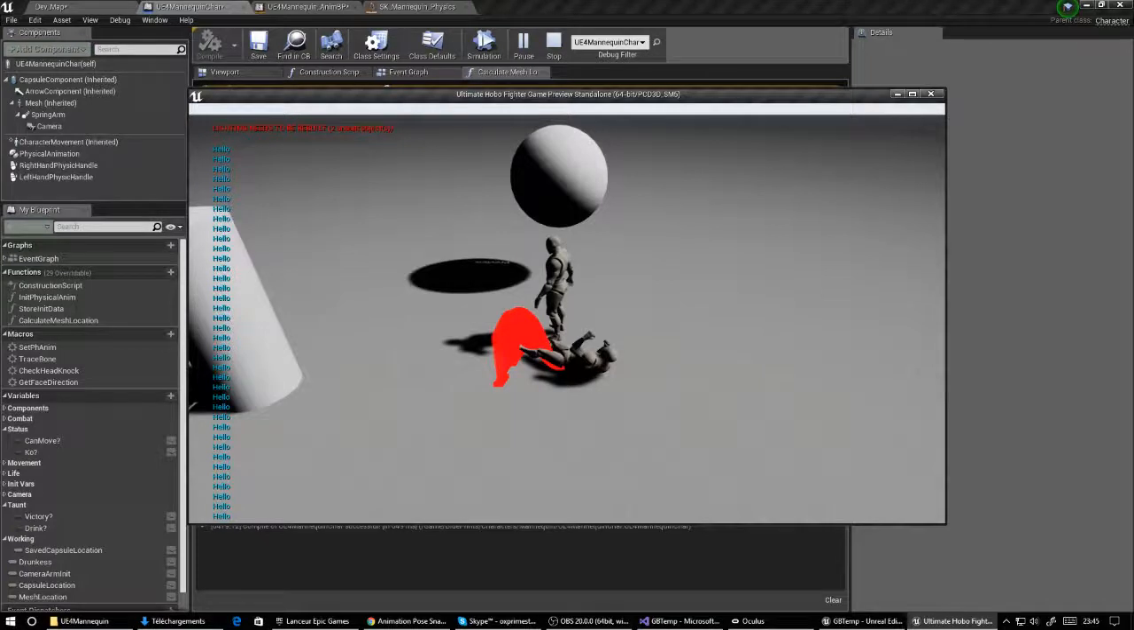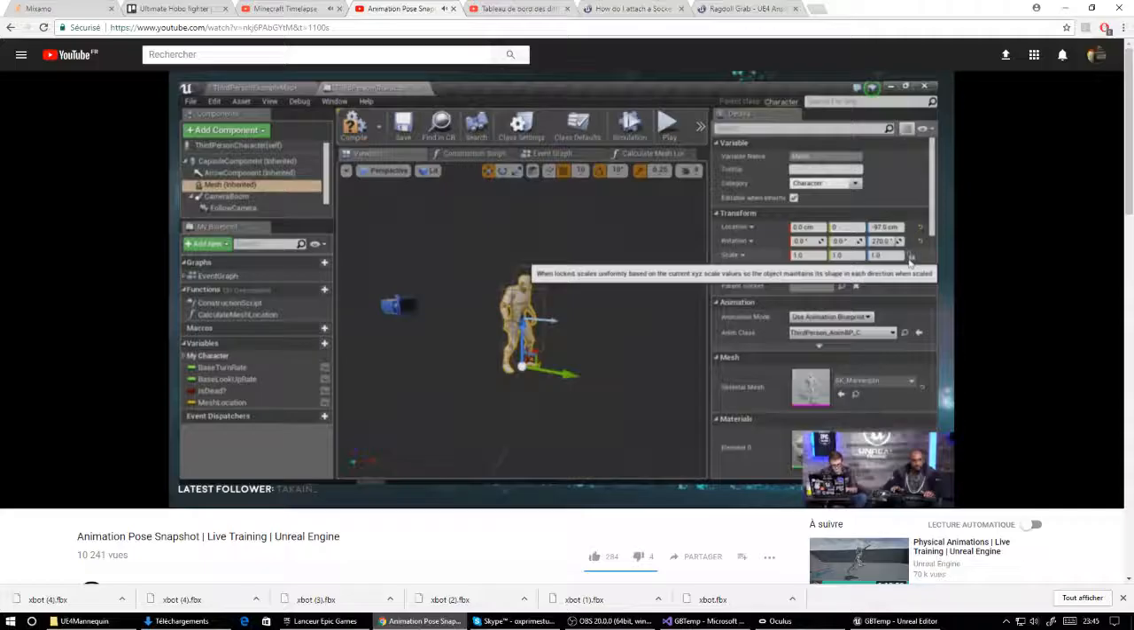So now we have set up what happens when we are close to the ground and when we're in the air. And now the next thing that we're going to do is actually interpolate from the position at which we started ragdoll, moving the capsule to the location of our